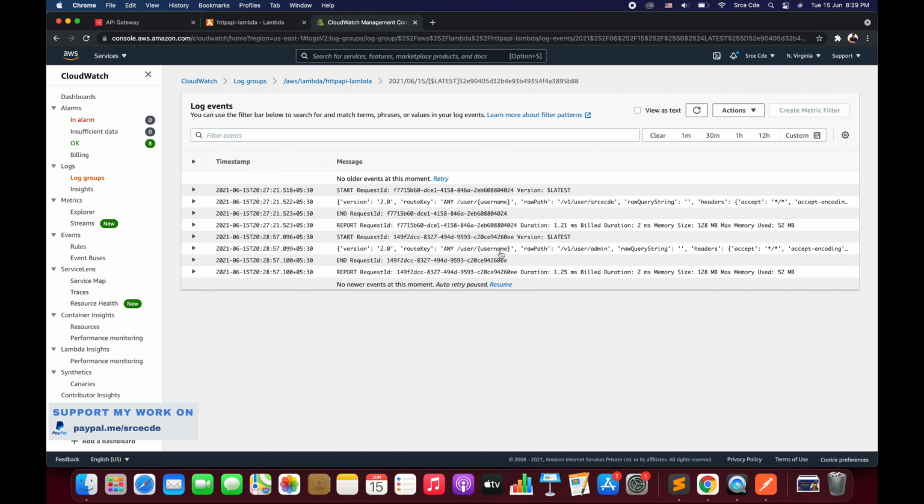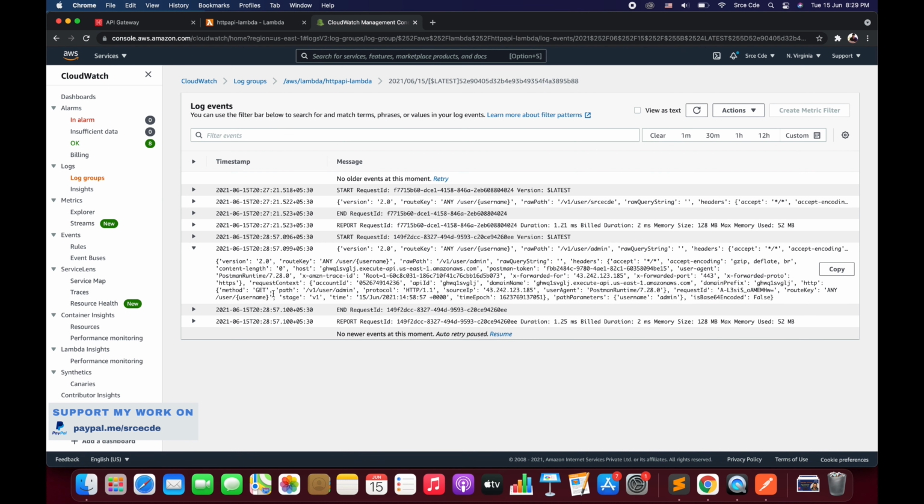And here we go. Again, if we look at the method, it's the GET method. So we can write logic in the Lambda function: if the method is GET, then fetch the username and perform the specific operation based on the HTTP method that the user is invoking, right? So that's basically an example of the path parameter.